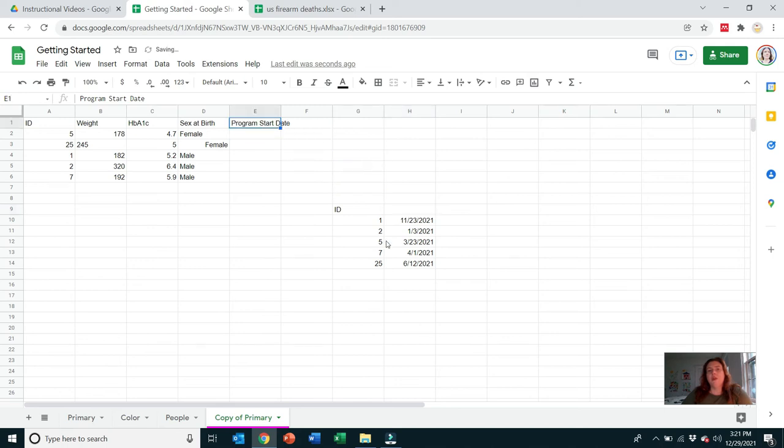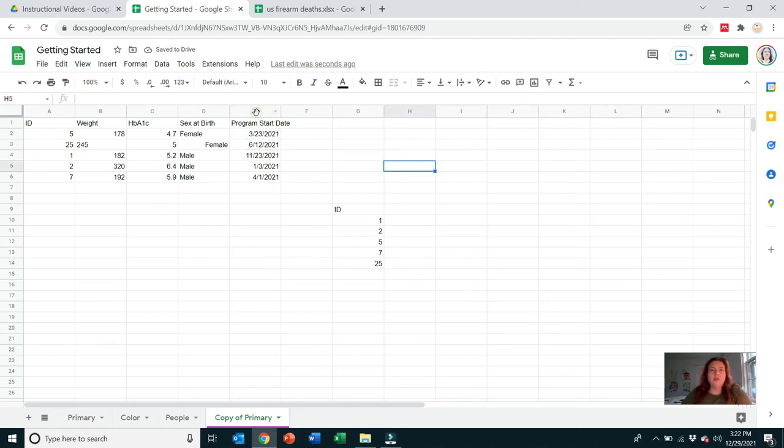Great. And because this is not in the right order, I'm going to take ID number 1 here. And again, just to get practice at this, number 1 is this row. Number 2 is this row. So number 2 is down here. Number 5 is going to be the top one. Number 7 is down here. And number 25 is up here. Now, normally you wouldn't do it like this, but I wanted to just show you how you can move these